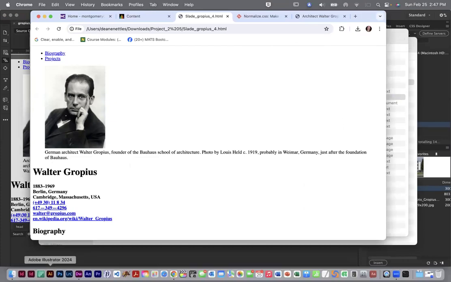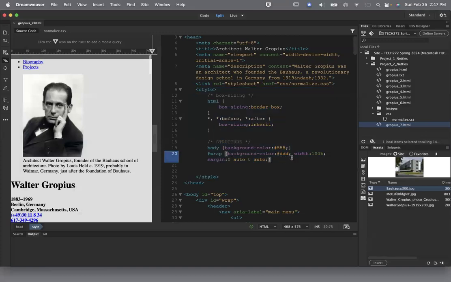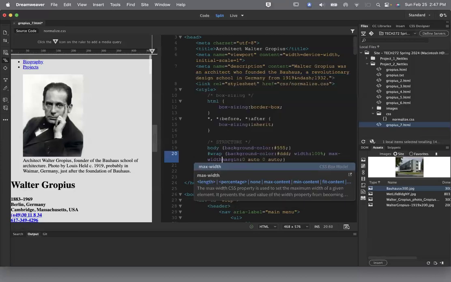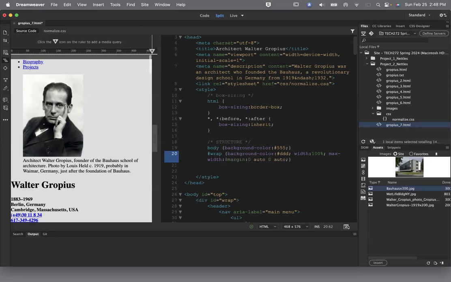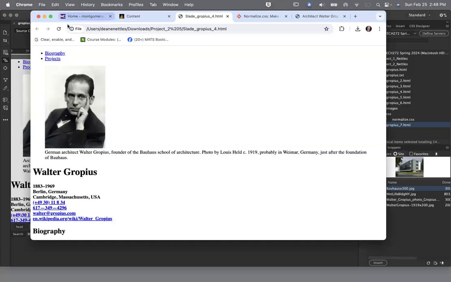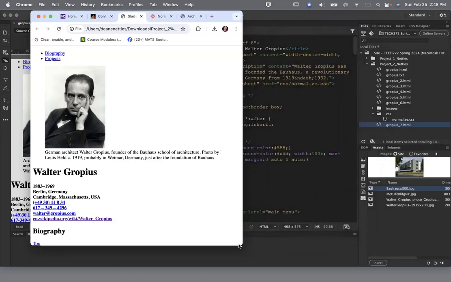And so now I'm going to go to Dreamweaver, and we have another sizing we can do. We can tell it to be max width colon 800 pixels. Command save. And if we do that and hit refresh and we change the size of this,